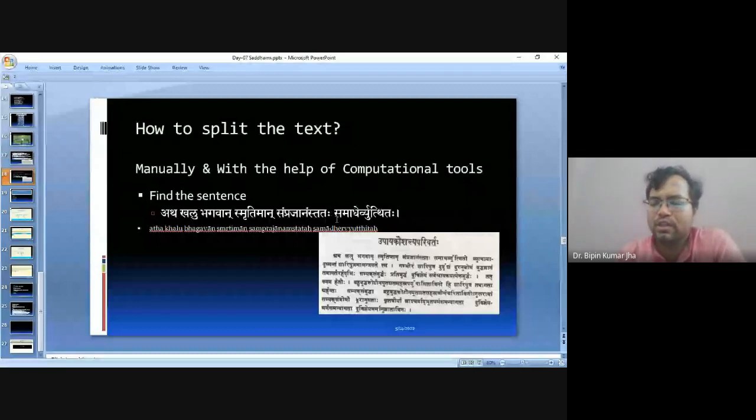In the very beginning, you can find the first line. When we are talking about one sentence, you need to split it into different words, and each and every word you need to understand the meaning of. Then you can get the sentence. I'm just coming to the next part, and I have given you another tool from where you can put the sentence, and it will give the